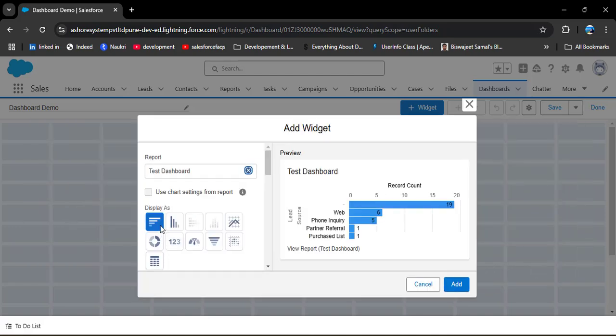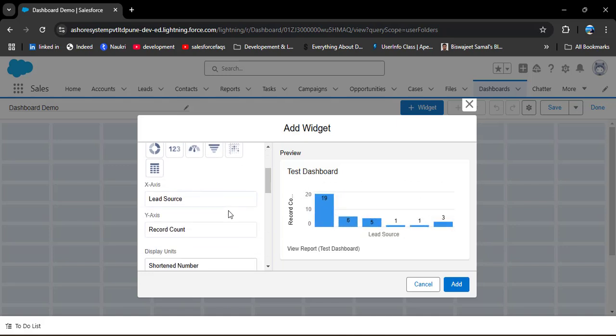Now here you can see among these charts we have some charts enabled, but still 2 charts are disabled. I will explain this later, but for now some of the charts are enabled. So to create the dashboard, here I will select vertical bar chart. As you scroll down, here you can select the axis which is lead source on the x-axis and then record count